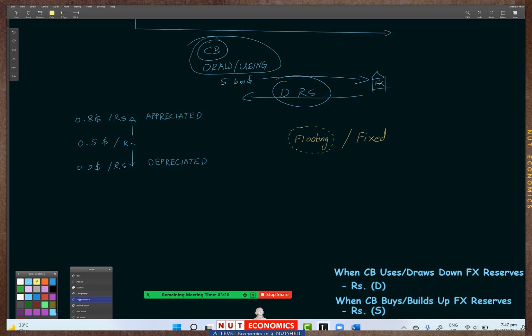Meaning that if your country has fixed its exchange rate at $0.5 per rupee, then as long as it has FX reserves, as long as it is able to maintain this fixed exchange rate, तब तक तो exchange rate change ही नहीं हो रहा. So there is no question of appreciation, depreciation. You are fixing it. But even the countries that fix their exchange rates, जी हसान,